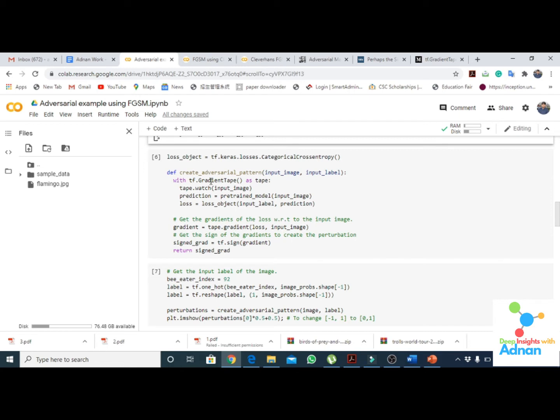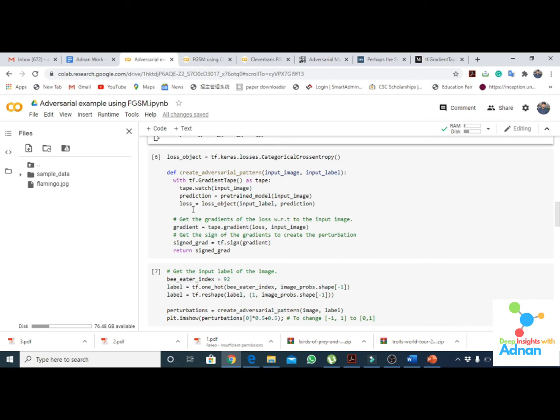And we use tf.GradientTape, which is used whenever we are going to calculate more than one gradient. This is an efficient way to do it, as we are in a tape, and we ask it to watch our input image pixels, and after that we get the original prediction.